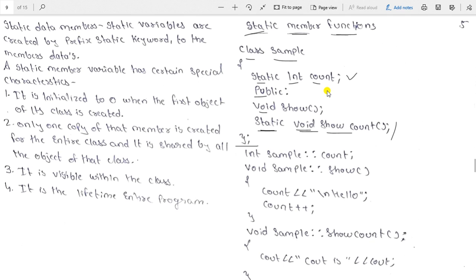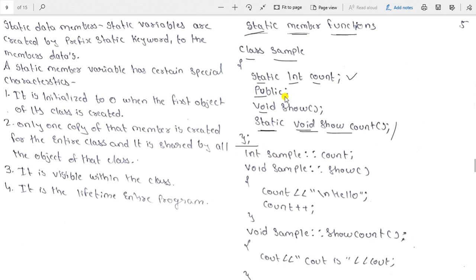Through the scope resolution operator. Similarly, as with a normal function, you declare it outside the class through the scope resolution operator. Like that only, we will define the static data member outside of the class through the scope resolution operator. Okay, so what is the syntax of the scope resolution operator? Return type, class name, scope resolution operator, and function name. Here we are declaring and defining a variable, so instead of the function name, we will use the variable.